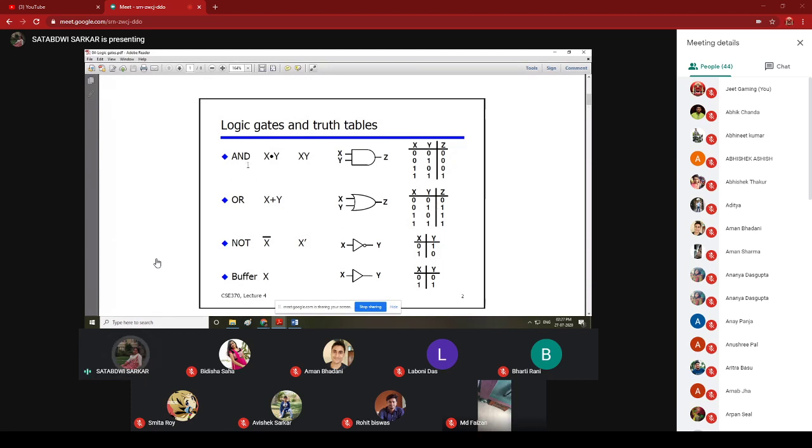Now in the AND gate, it is just x into y. This is the dot symbol, that is multiplication, x into y, and we also have two inputs here, and the output z equals